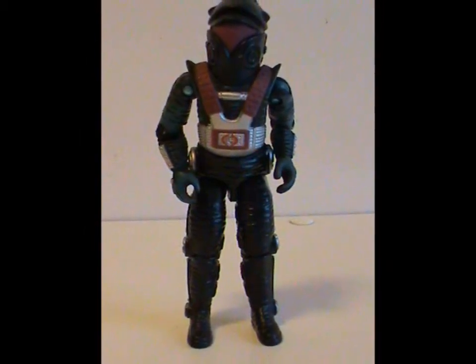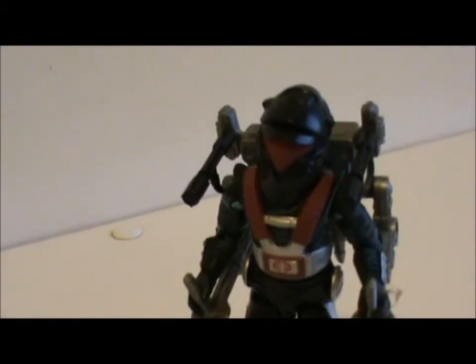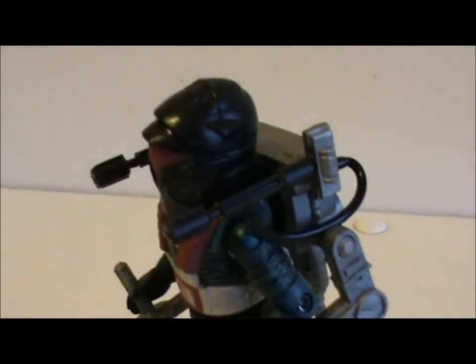This is a good-looking figure. But, more importantly, they also gave him back his original cool backpack. You know, instead of that orange crap...